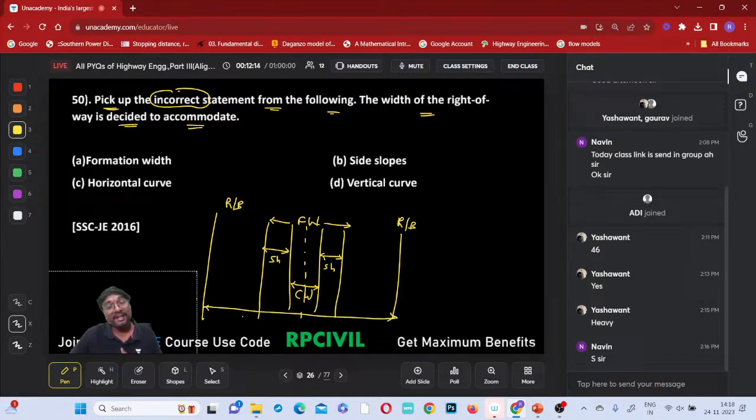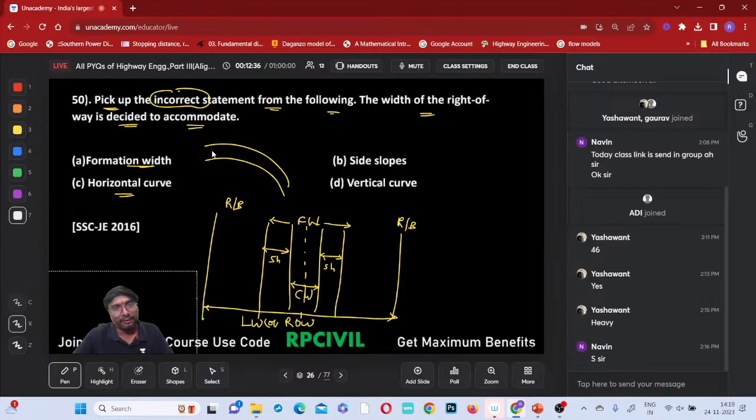That is your land width, you can say, or you can also call it which one? This is right of way. So this right of way is based on which one? Formation width. Yes, absolutely. More formation width means more right of way, more amount of land we have to acquire. Horizontal curve, yes. Sight distance on the horizontal curve, if you just observe, whenever you are considering,